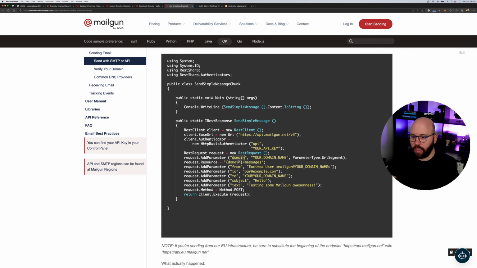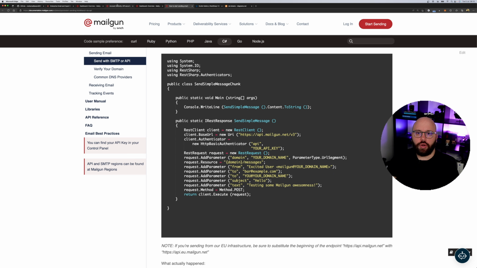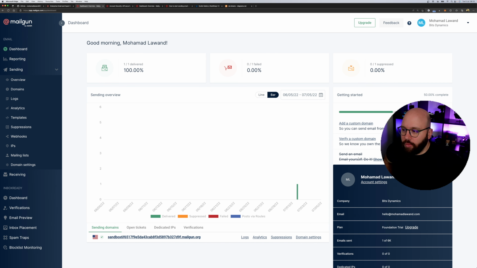So first it's going to be domain, then we have the resource, and so on and so forth. So let's do this here. This is going to be domain. Basically, once you create your account within Mailgun, you're going to have a sample code shown to you. I'm not going to show this here because it contains my unique key, so I don't want to share it. But in essence, you can see that you have this sandbox environment, which is the test domain that you can use within Mailgun to actually send this stuff. So we're just going to copy this